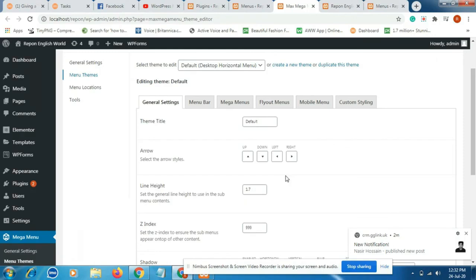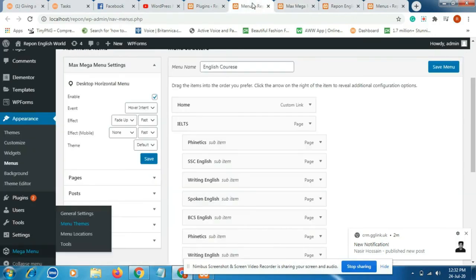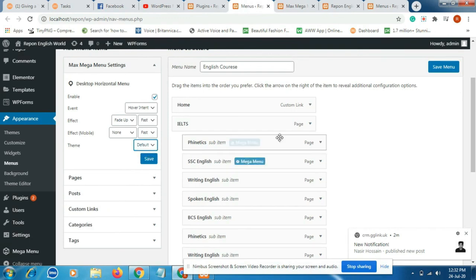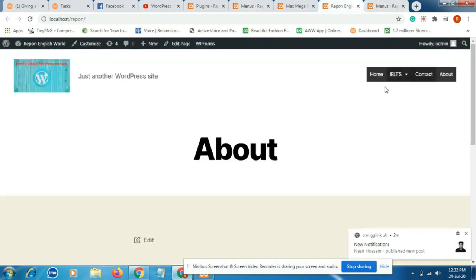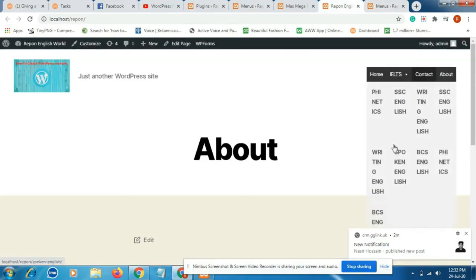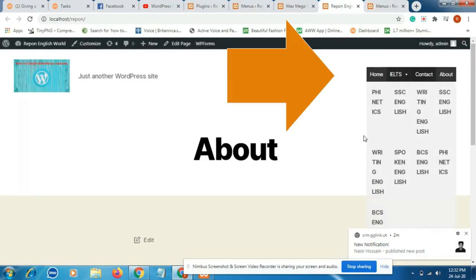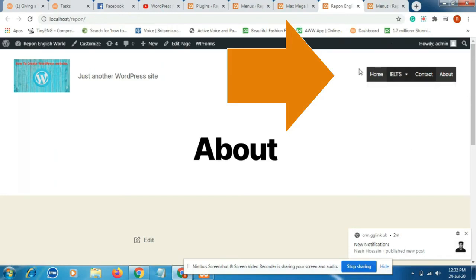So it is a total settings and customization blog for the WordPress admin. If you can't understand, just pause the video and watch again and again, then you will understand how it works. If you want to change this display position, you can do it.